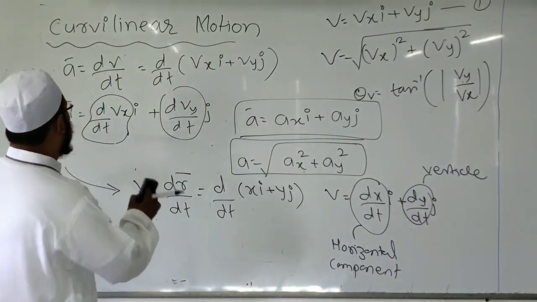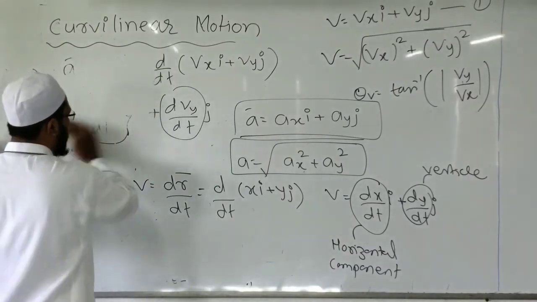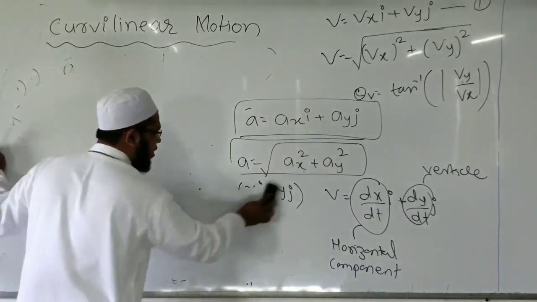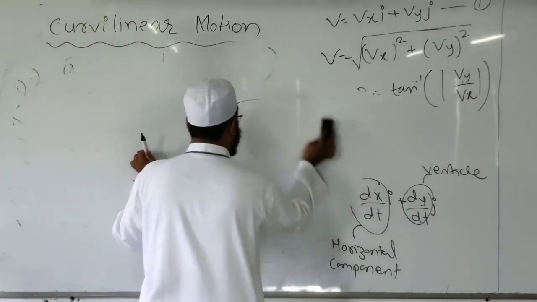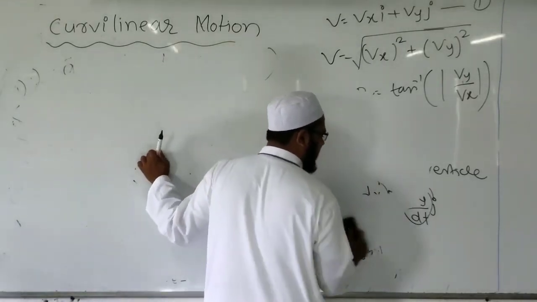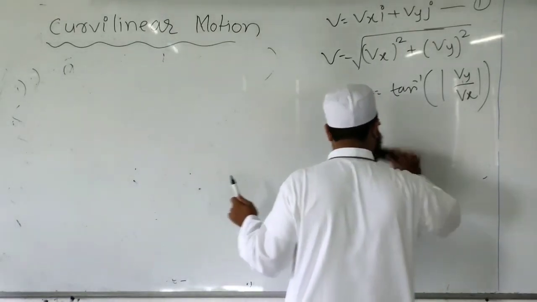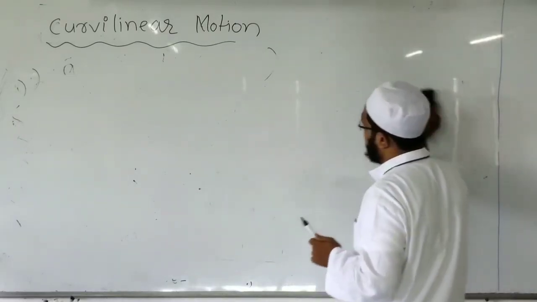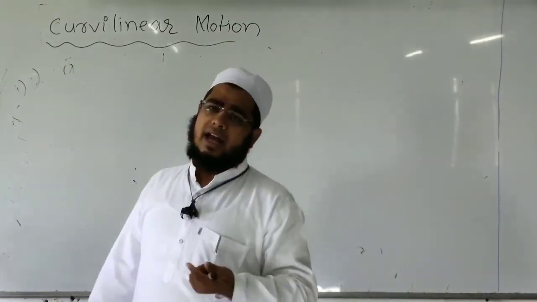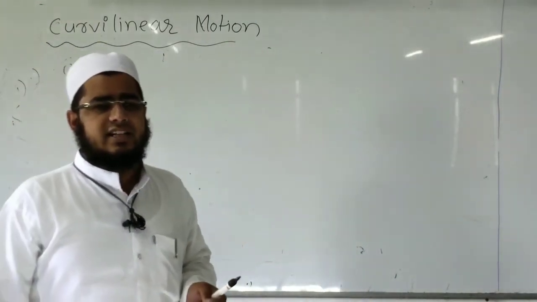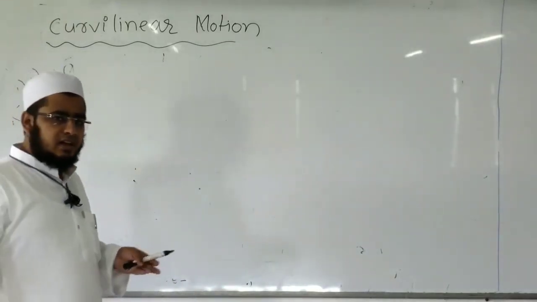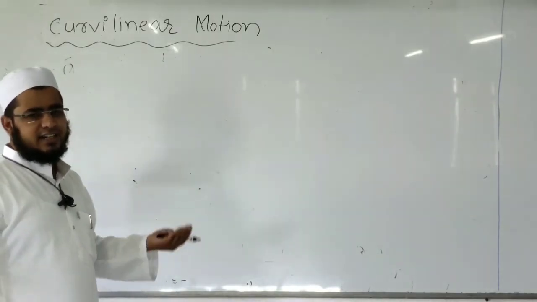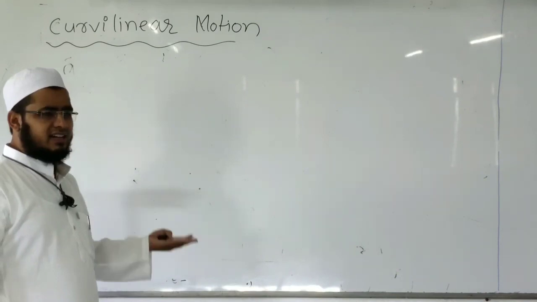Depending upon the conditions given in the problem statement, we have to consider the formula and accordingly apply it. It is very simple. If acceleration is given in the horizontal and vertical direction, either in one direction or two directions, and velocity needs to be found, then for finding the velocity, I will integrate the equation of acceleration. If velocity is given and I require displacement, then I will integrate the velocity equation, so I will get